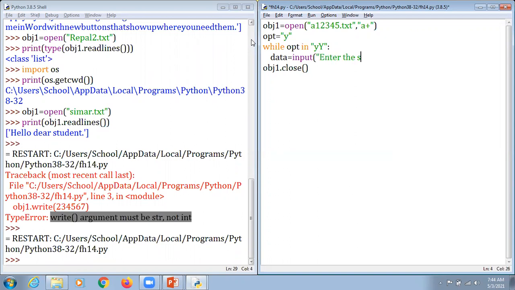Enter the data, and here it is. It says yes. And now we write obj1.write, and here it is data.